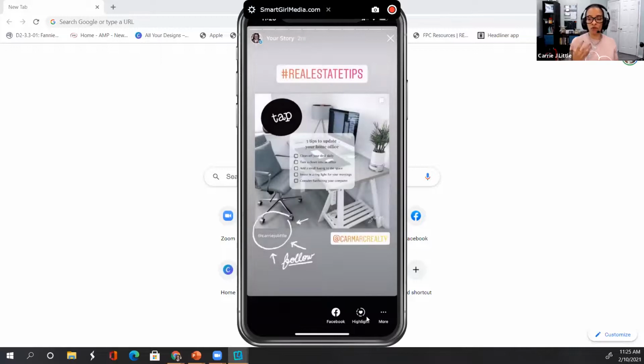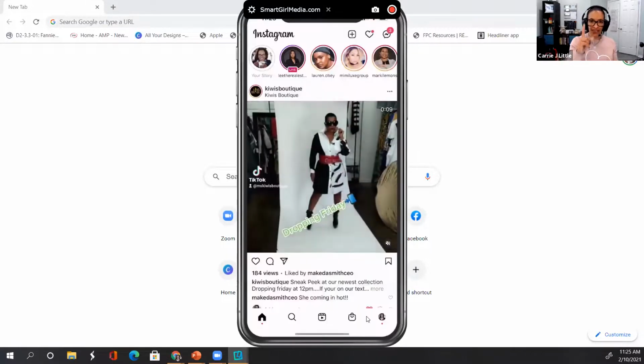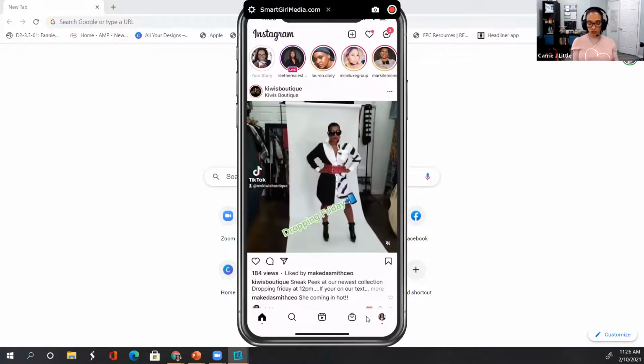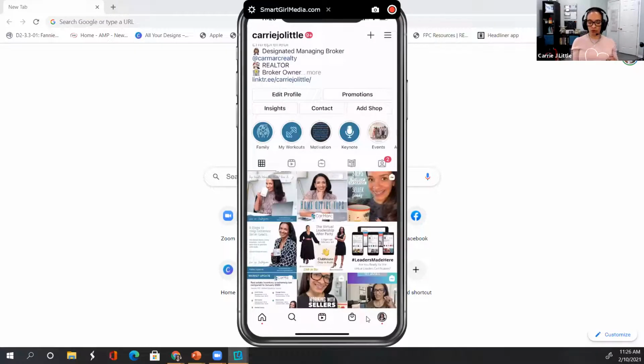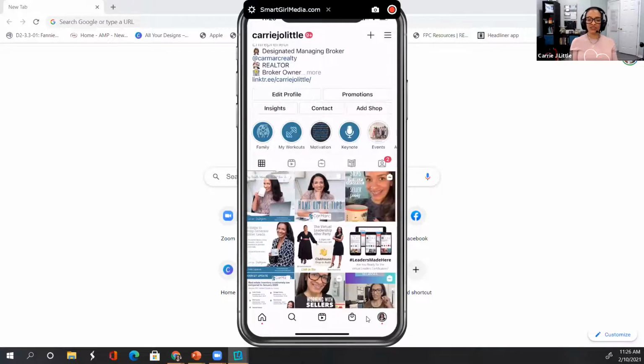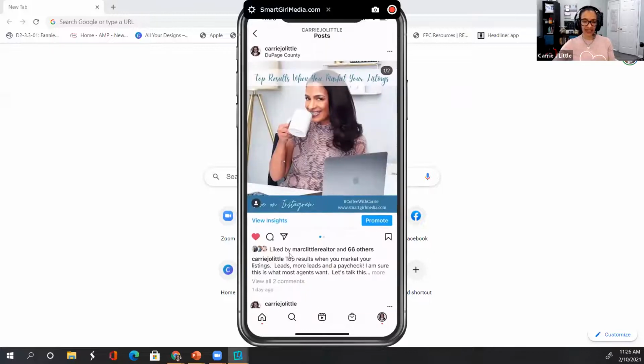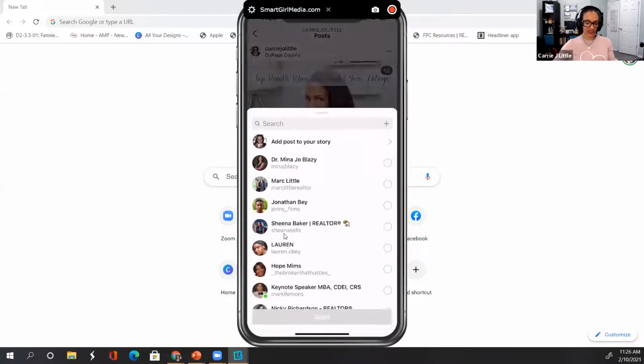And if you feel overwhelmed, my recommendation is start with at least a post. And we will get to Reels in a moment. So just know when you click on your image in the bottom right-hand corner, you can repurpose your post simply by clicking on any of the posts. So I'll click top left here. And then I can click the airplane and I can share my post to my story.